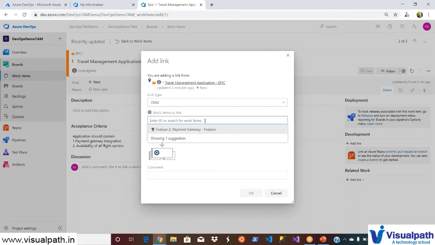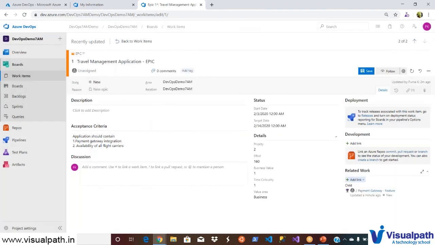So when you click on it, it automatically populates all the available work items. Since I only have one feature, there is no other work item, so it is populated. So I'll select it. That's it. Let's go and click on OK. So this is how you can associate your parent and child when initially you do not integrate them with each other.